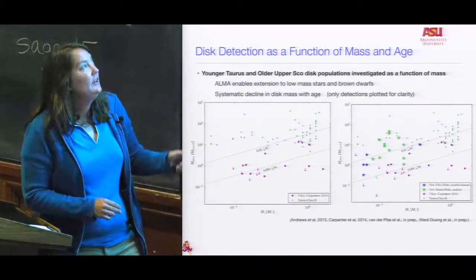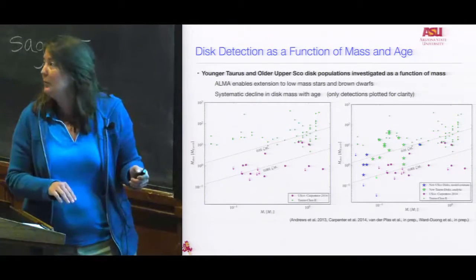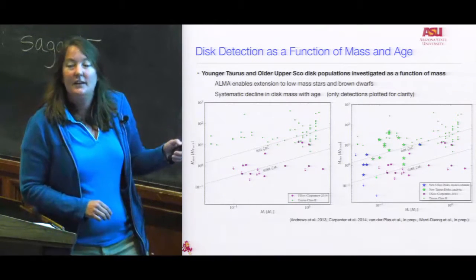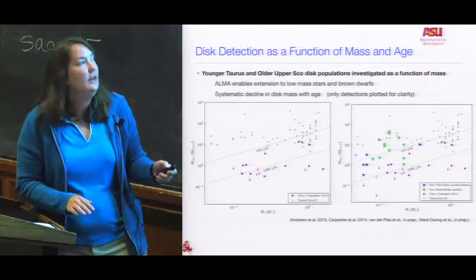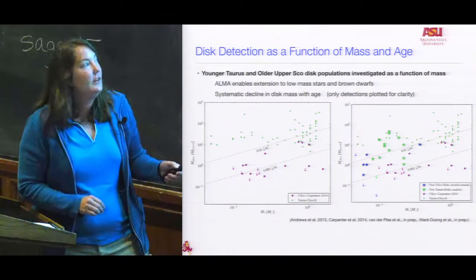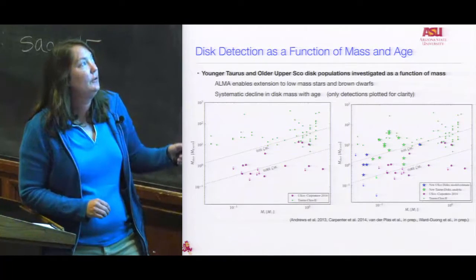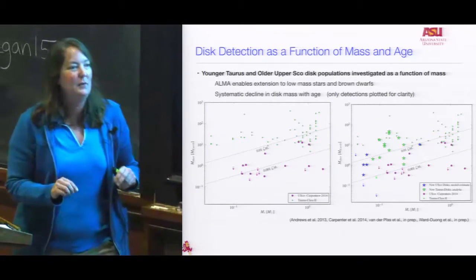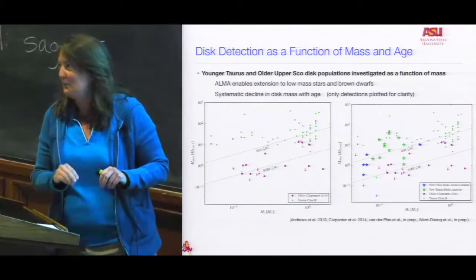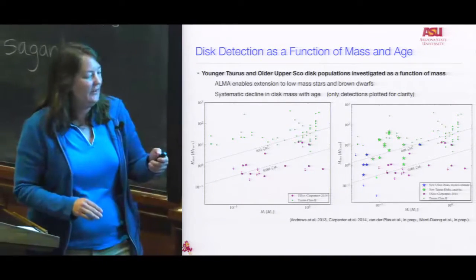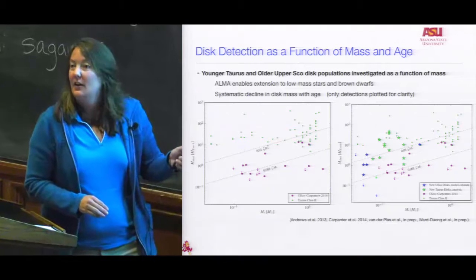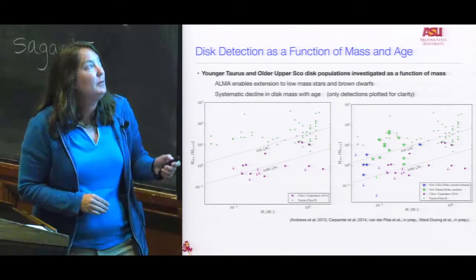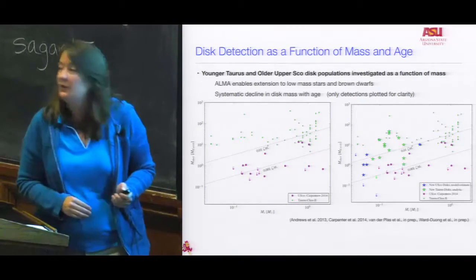This plot on the left shows some of our earlier ALMA data on the lowest mass Taurus members. The green points are Taurus, and then there's a nearby OB association, Sco-Cen, which had a number of surveys conducted as well, and those are older objects, shown in purple. What's shown here are only detections, just to get a sense of the upper envelope. Once all the upper limits get included, the plot gets far busier. What you can see is a systematic decline in disk mass from the 1 to 2 million year age of Taurus